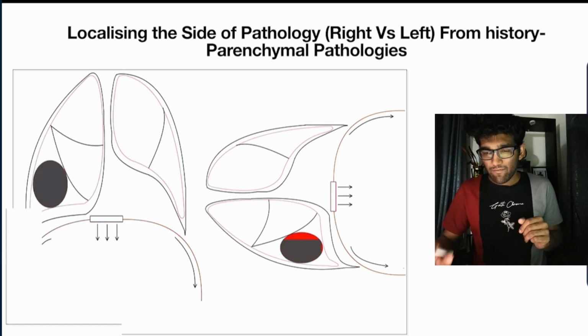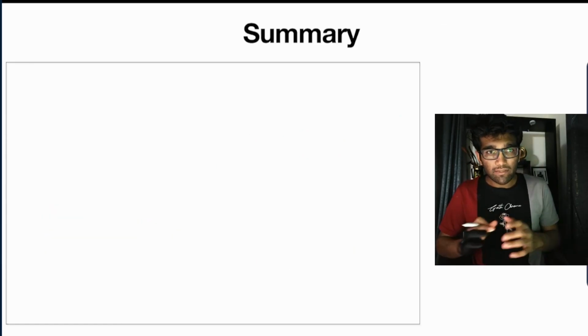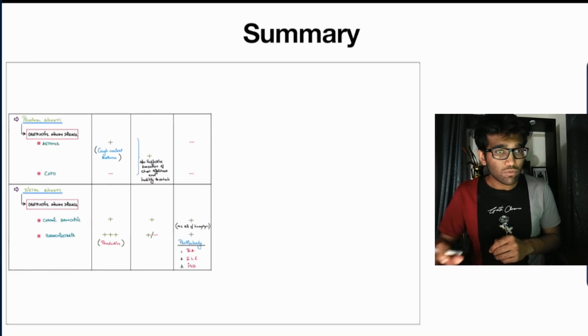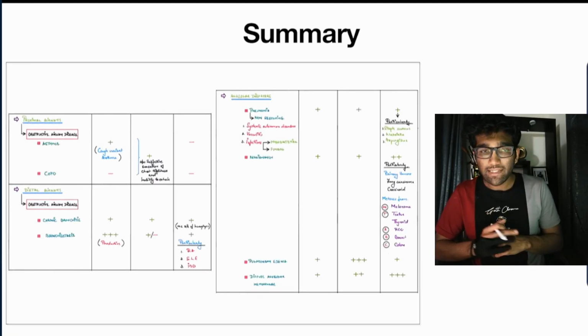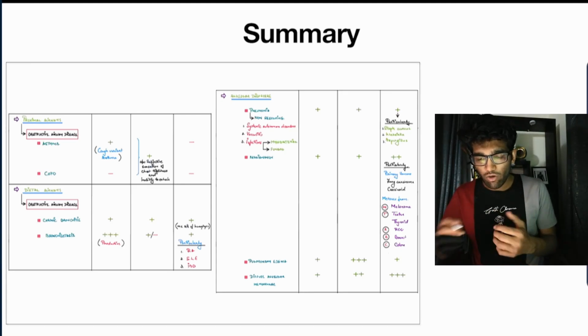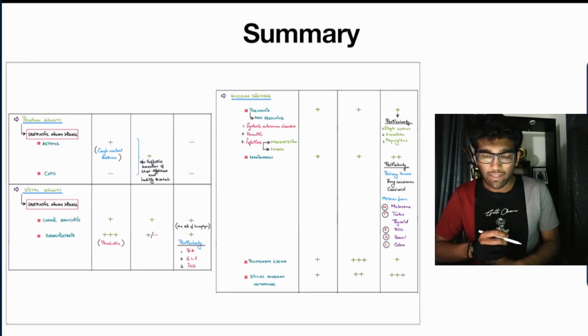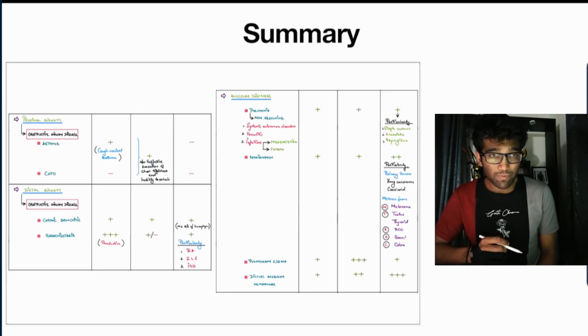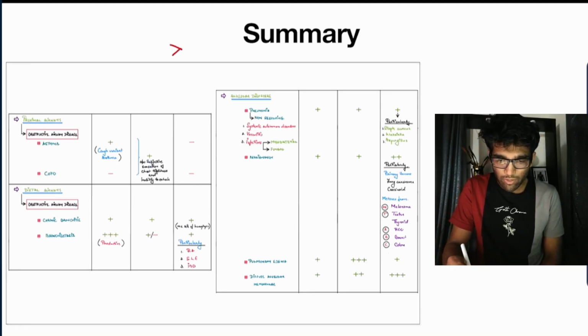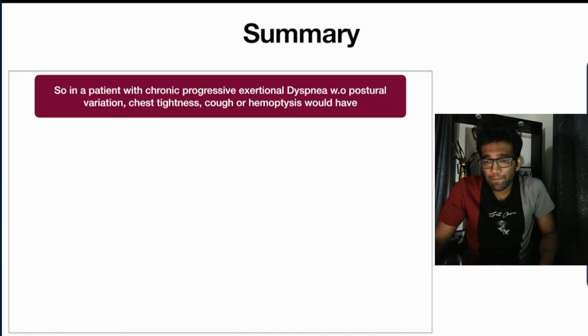Okay, fine. Now, in summary, at the end of our first discussion, this is what I would like you to understand. Okay, so these are the tables that I would like you to understand, and I would like you to apply it in our case and in all cases of chronic shortness of breath that come to you. Okay, chronic shortness of breath naturally means a shortness of breath that has lasted for more than 4 weeks. I should have mentioned this in the beginning, but it is more than 4 weeks. So in summary,